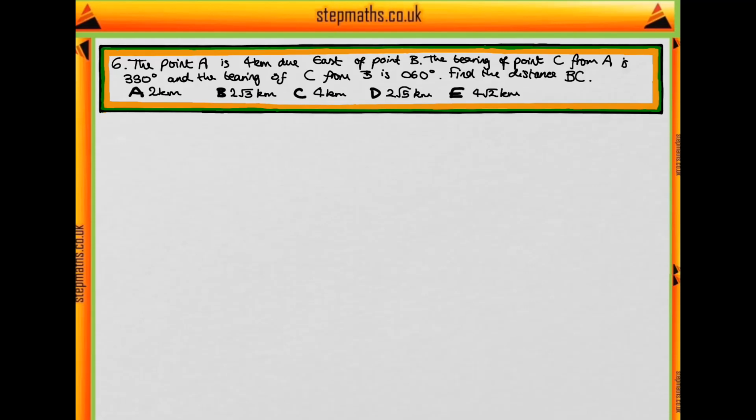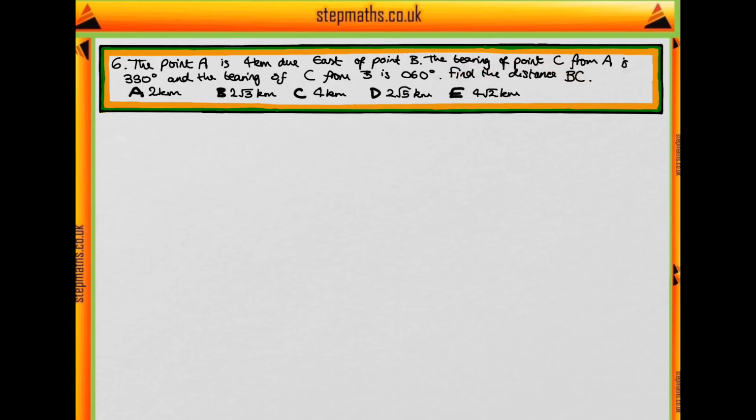This is question 6 of the Natural Sciences Admissions Assessment, paper 2016. And this question is about bearings. So we have a point A, which is 4 kilometres due east of point B, and a point C, which is at a bearing 330 degrees from A and 60 degrees from B, and we want to find the distance